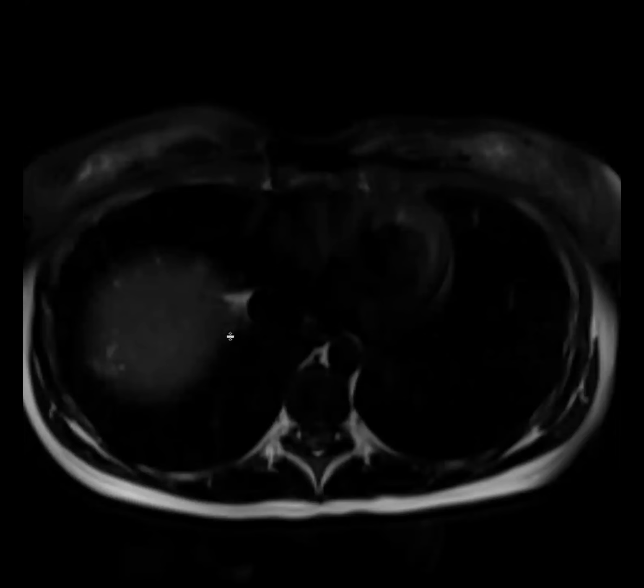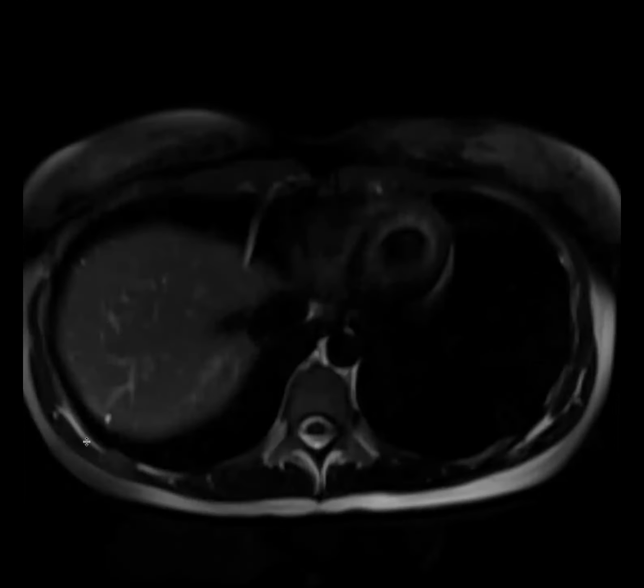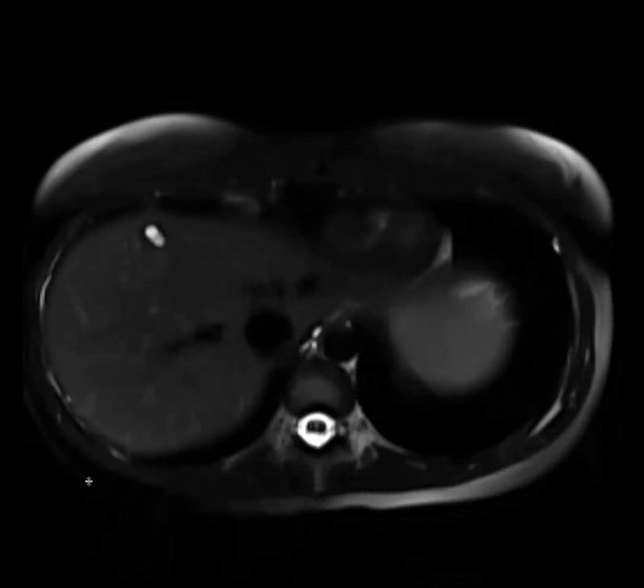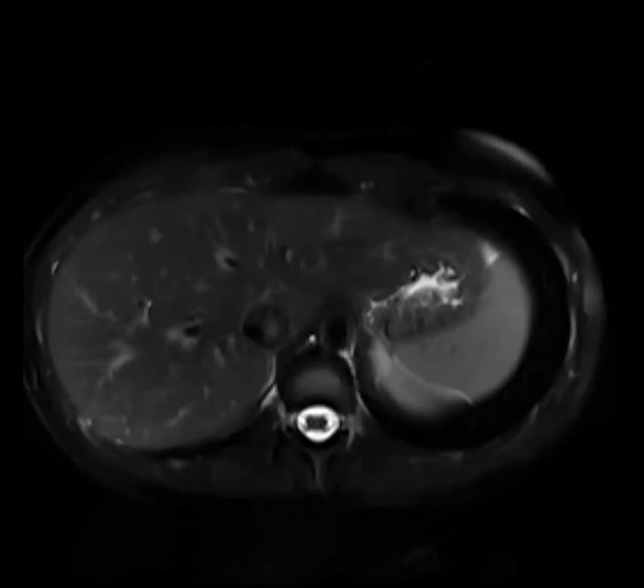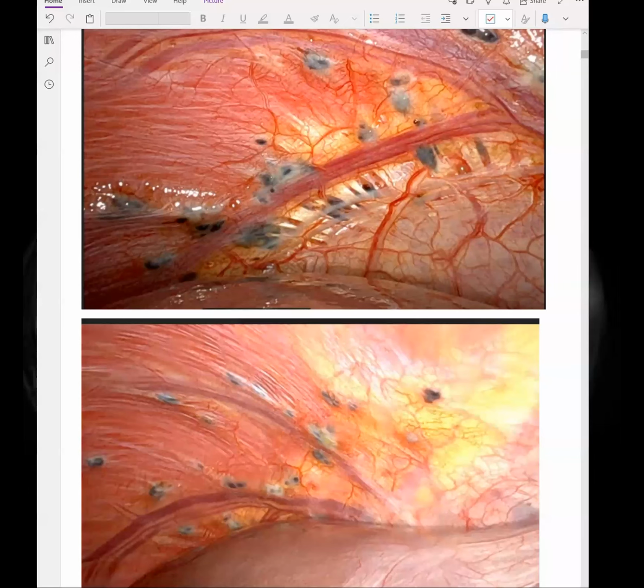And I think that the T2 fat sat is more sensitive for diaphragmatic endo. This is what you see: little T2 hyperintense spots along the capsule, like here and like that. So this is diaphragmatic endo, and this is the operative imaging. Wow, those pictures are so cool. Yeah. As I explained in the case that I showed, the peritoneal cycle goes up